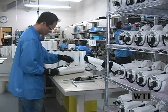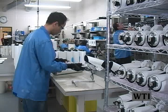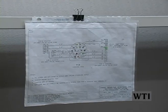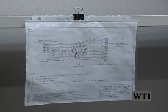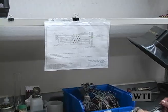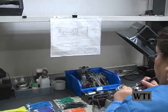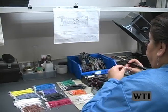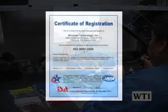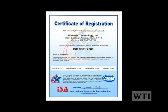A description of the process and documents that will provide and maintain your quality system. WTI is guided through the Quality Management System, QMS, by using the ISO 9001-2000 system. This QMS has been around since 1994 and has just been approved in 2008. The ISO 9001-2000 only requires a few procedures. These are as follows. Quality Manual